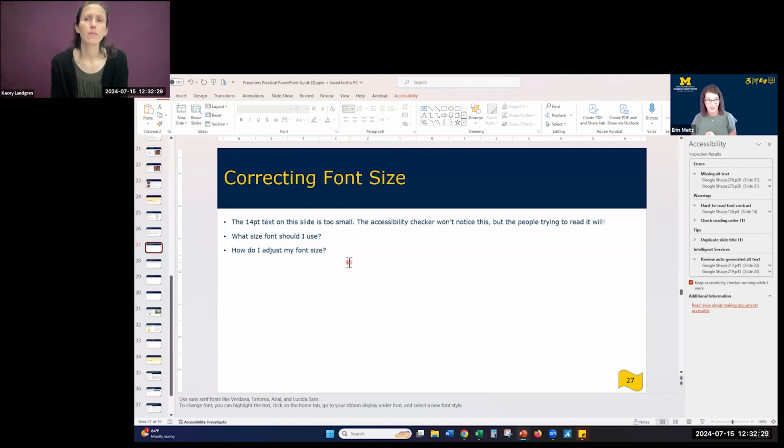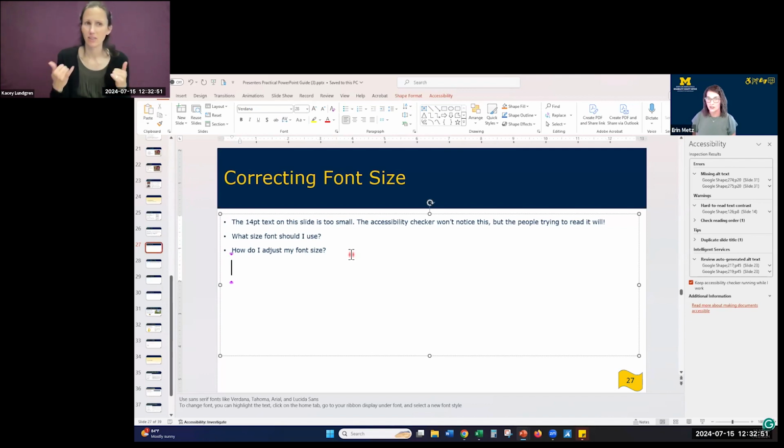Okay, I'm seeing in the chat, a few people have said 16 point is our minimum. I'm seeing a couple 18 there. So 18 is not our minimum, but it is our recommended minimum. So we definitely want to adjust our font size to no less than 16 point, but also remember bigger is better. So let's adjust our font size to 24 point,